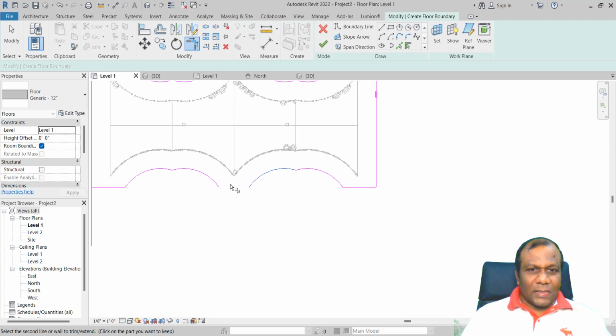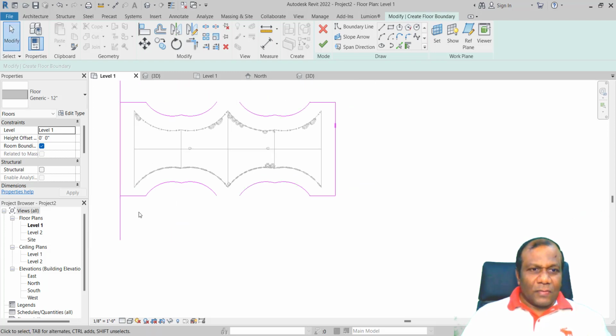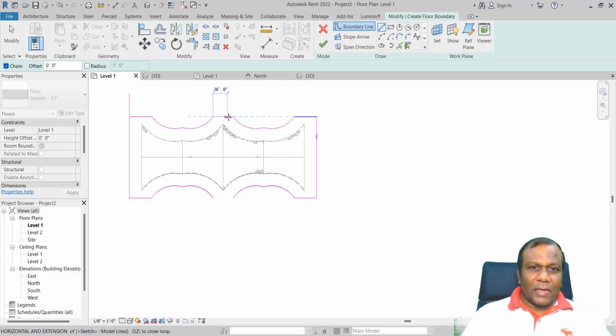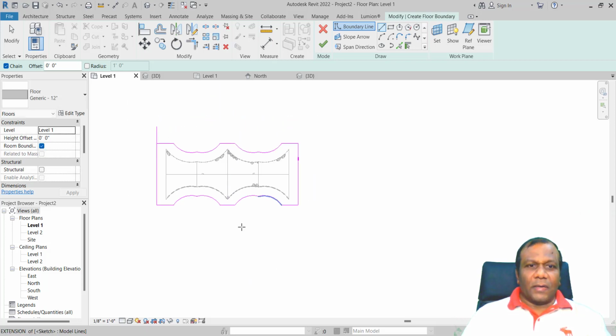Why is this one not getting extended? Right, so we'll see. Trim extend. Yeah. This one we have to take a line tool because it's going right, not right. It's not tangent to any point. So take a line tool and draw here because it won't extend. Right, now here also trim. Right, now if we finish,